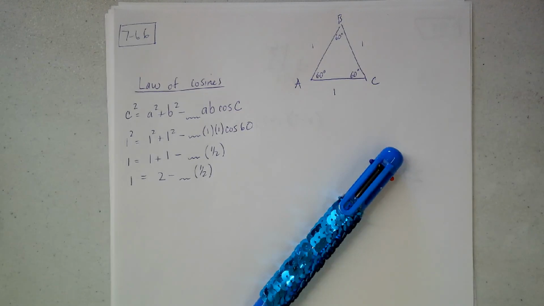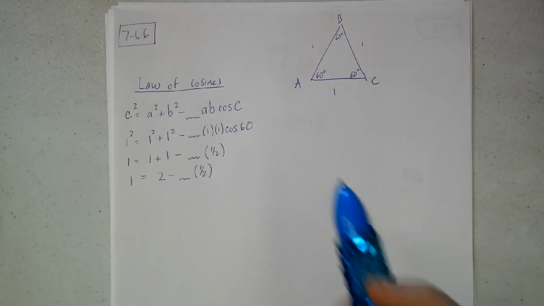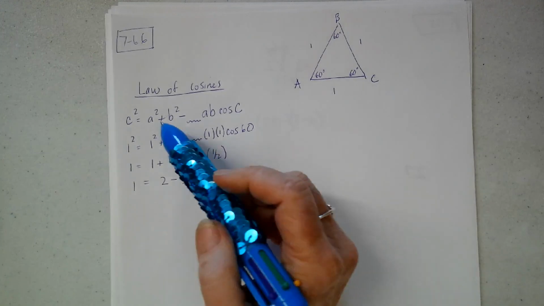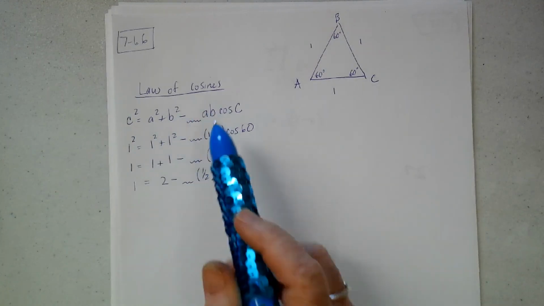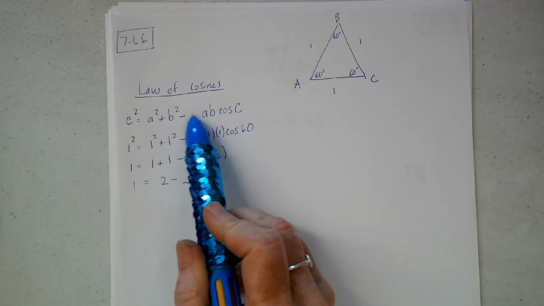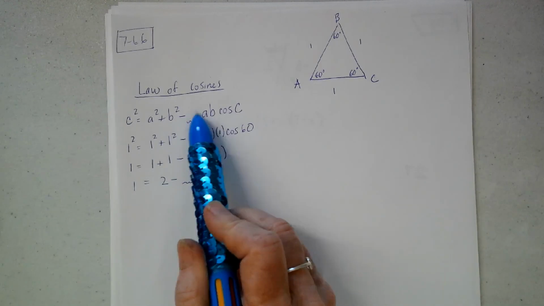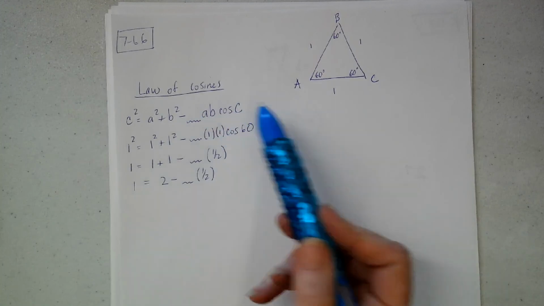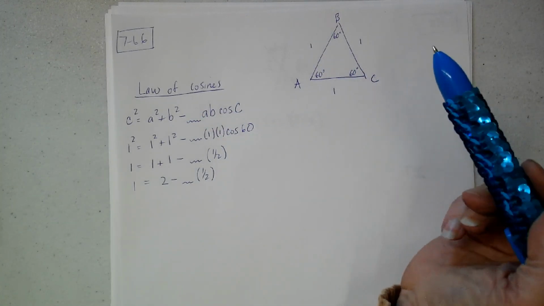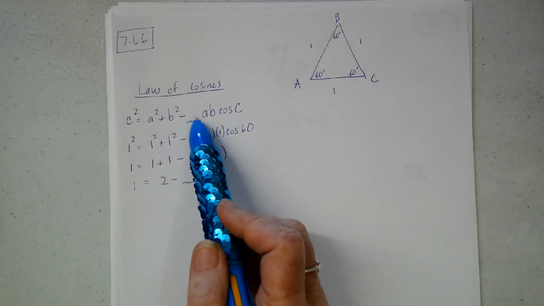Here's pre-calc. This is problem 7-66, and it said so-and-so is trying to remember the law of cosines, but they can't remember what goes right here. Is it a 2 or a 1? We know that it's a 2, but the book suggests that we use an equilateral triangle to remind ourselves what